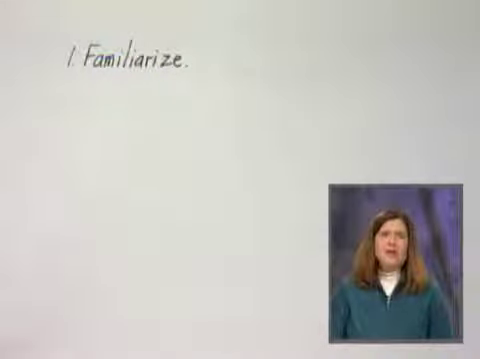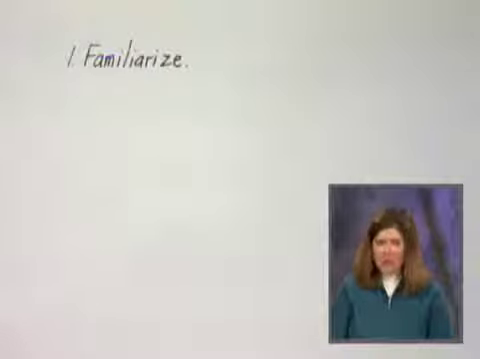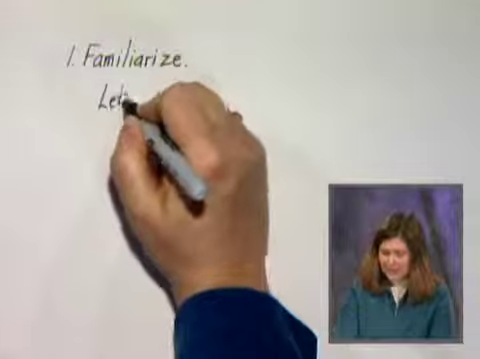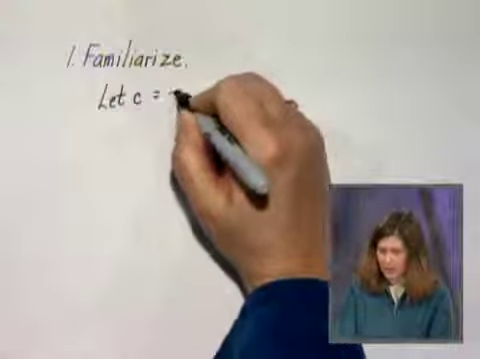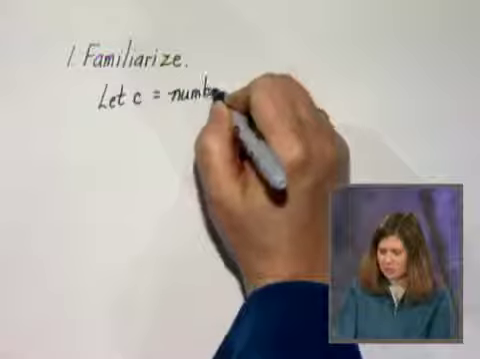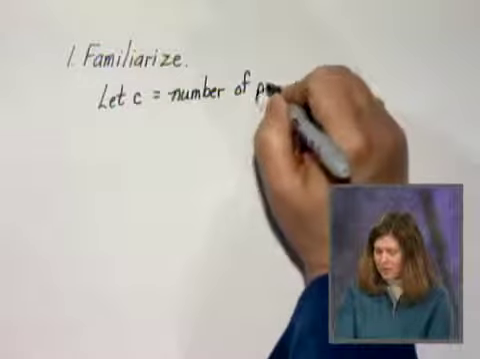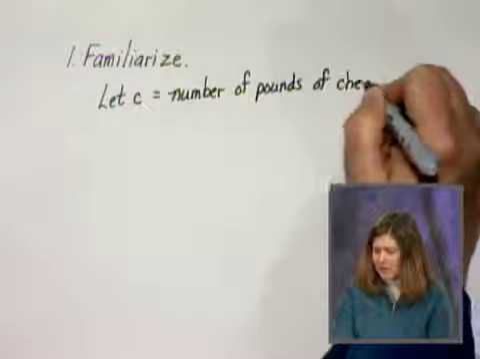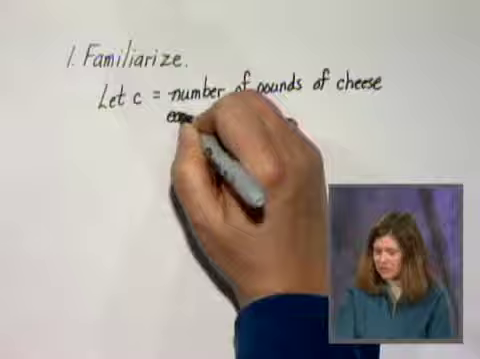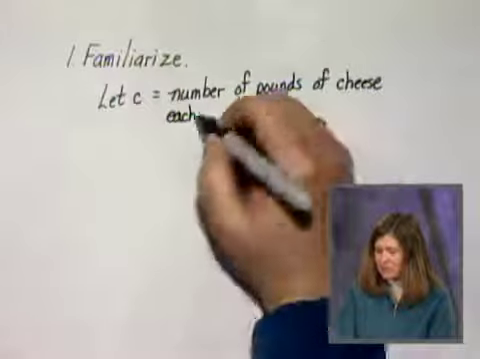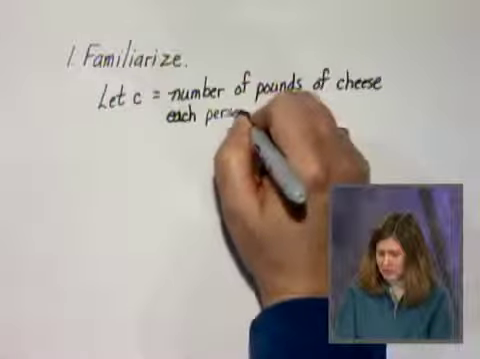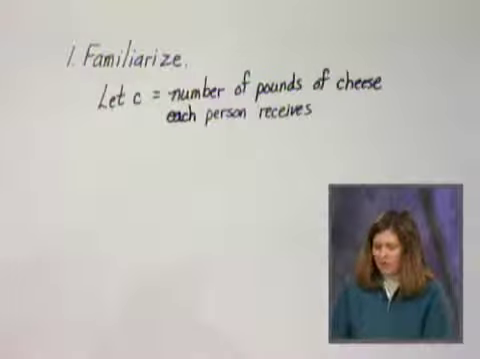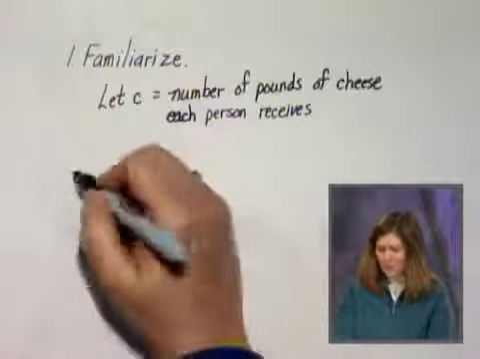We can think of the cheese being divided up into different parts, and that may tell us that we need to divide. And we can also let C equal the number of pounds of cheese that each person will receive. And this step of defining exactly what your variable stands for is a very important step. C is the number of pounds of cheese each person receives. We have a pretty good idea of what to do, so we will move to the next step,